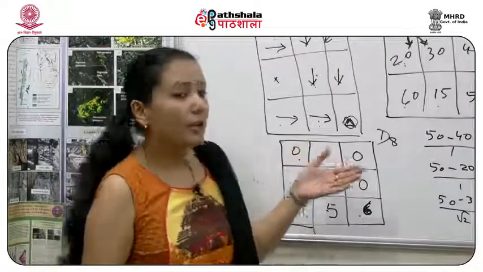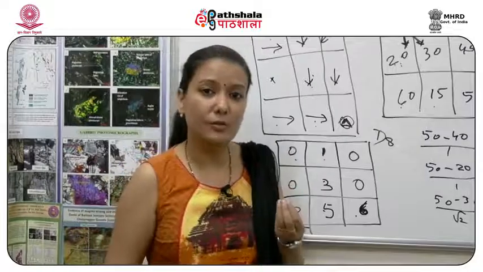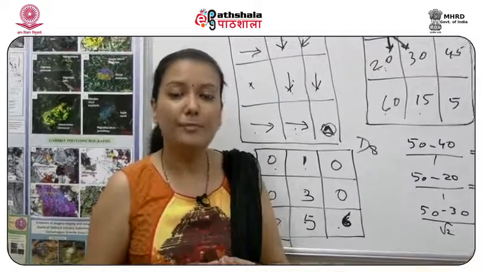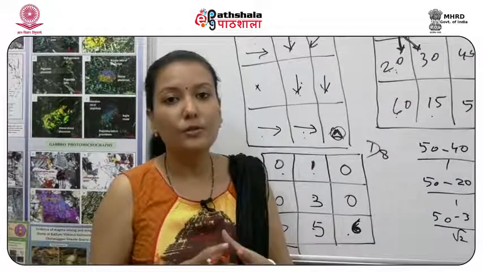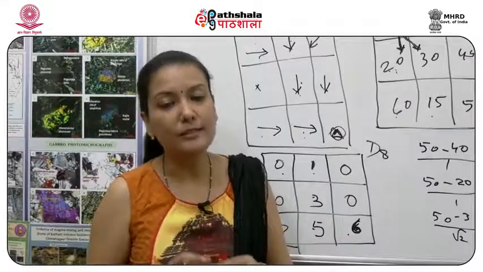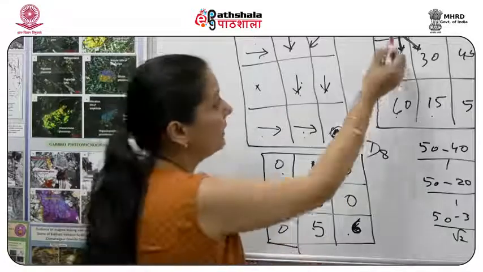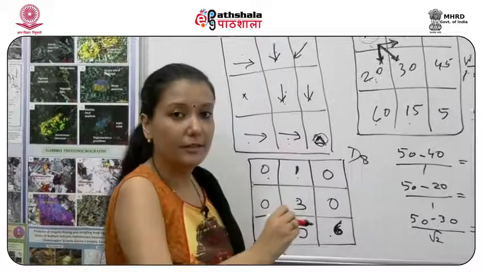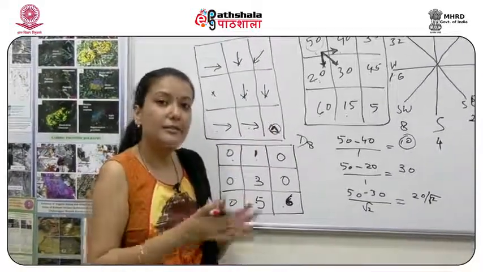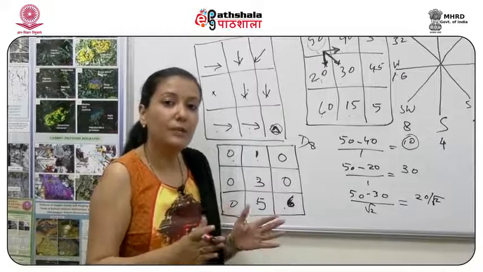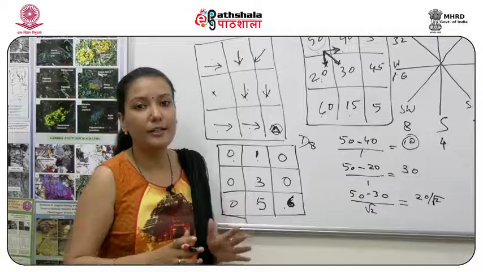Now in this D8 model, the one drawback was that it's using only the steepest slope. In real life that doesn't happen. There can be slopes where the contributing cells can be 2. So there's another model which is used, that is the D infinity model. What happens in the D infinity model? It doesn't only consider the steepest slope, but it utilizes another method where it partitions the same water amount within 2 neighboring cells. Now there also it cannot partition into more than 2, but at least into 2 cells.